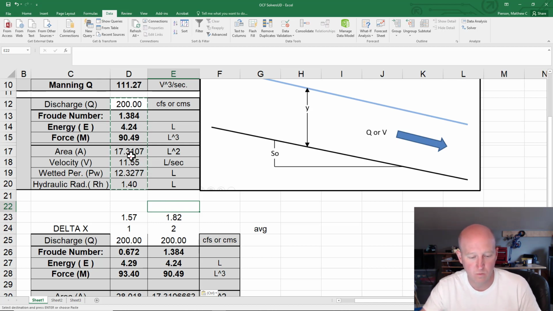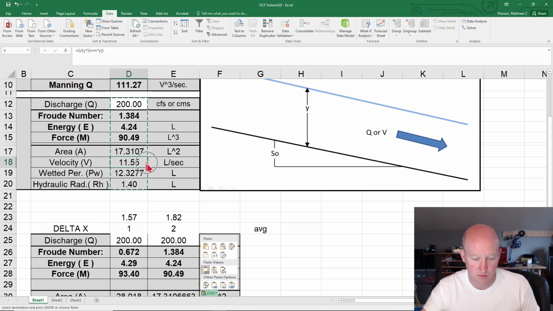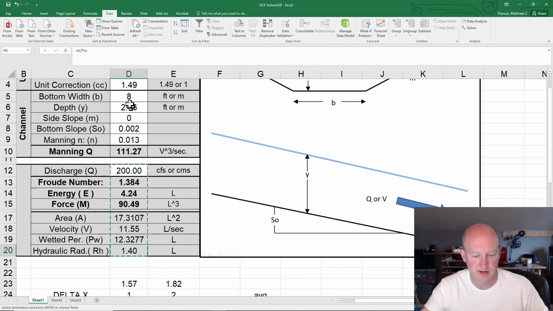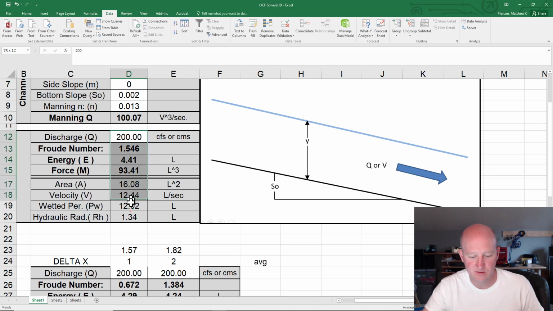So to do it by hand, we need to know this velocity, and we need to know this hydraulic radius. So we're going to write those down here in a second. For now, I want to go ahead and do the delta x calculation. So I'm going to go ahead and find normal depth for our upstream section again. I mean, I could actually shortcut this. Let's just do that. I know the answer is 2.01, and so I can take these values now,